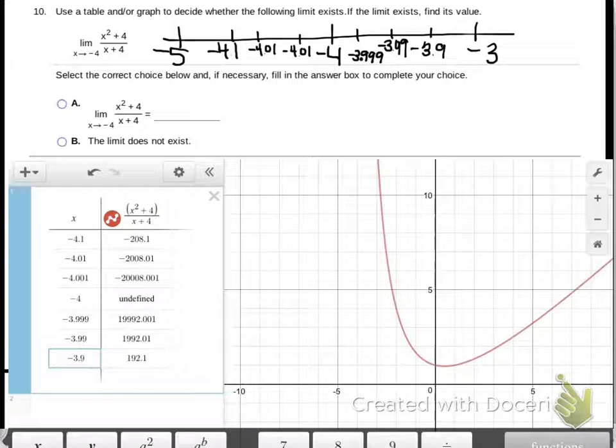Okay? And I think everybody, when you look at this, yes, it's getting closer and closer to negative 4, the closer I'm getting on the number line. So those values should be what I inputted in my table. Notice I put in negative 4, but it is undefined. And so when I look, negative 4 is right here. When we go this way, the value that we're getting is about negative 20,000, right? But when I come up